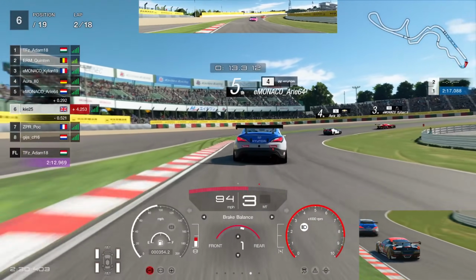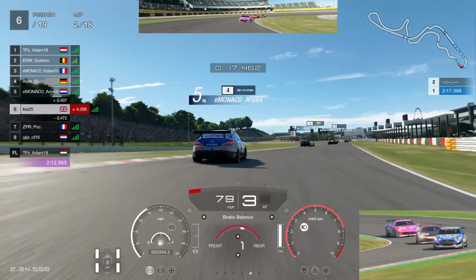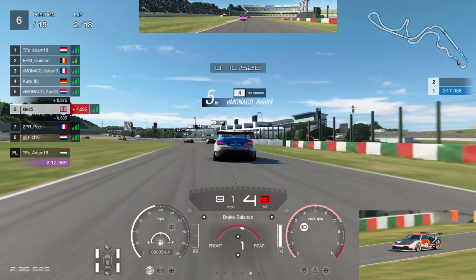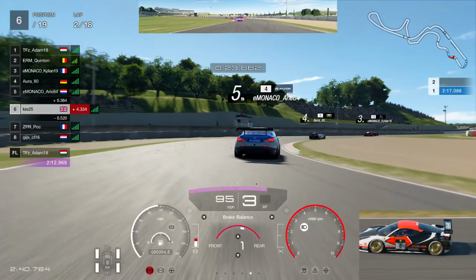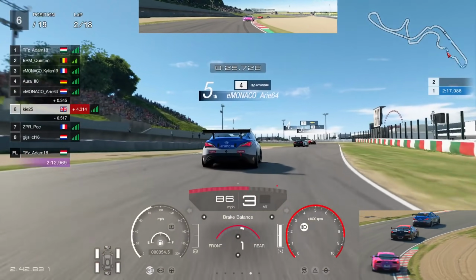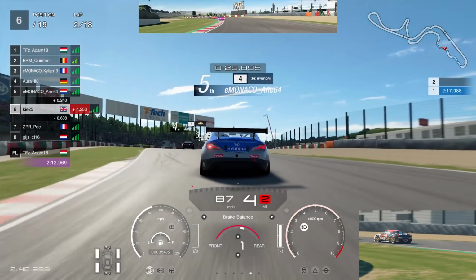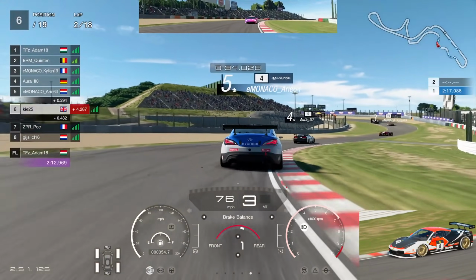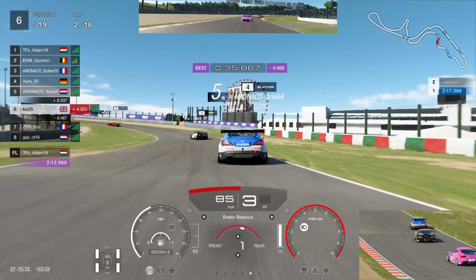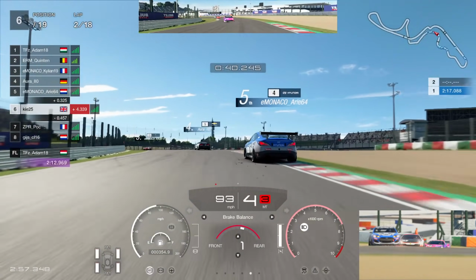So I was a bit frustrated because the reason why he did it wasn't really justified in my view. But we'll get to that later on. Basically, his reason was that he was faster than me, so I shouldn't be going for an overtake, which I don't think is justified, because at that point I didn't know how fast he was. I don't know how good the Hyundai was, and I was going for an overtake, and it was a bit of a block, but we didn't get too frustrated because I wanted to settle back down and get in a